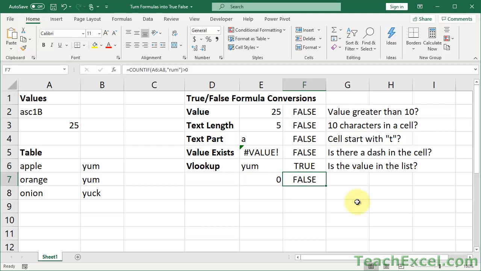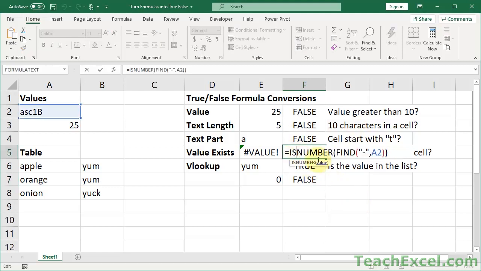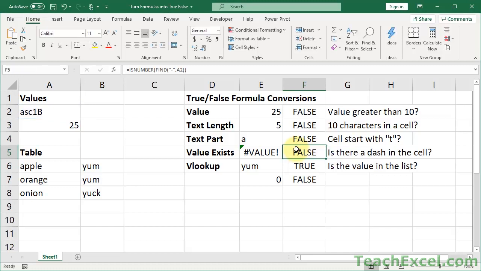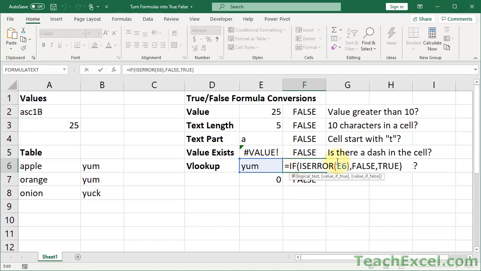When you want something to output TRUE and FALSE, try it with a comparison operator initially, and if that doesn't work, look for some IS functions to help you out, then look for some other functions if that doesn't work. Maybe even nest some functions to make a stubborn function like the VLOOKUP function return the results that you want to use. So even though this is more verbose than you need, you could use the COUNTIF function. If it works and it's good for you, just leave it like that.